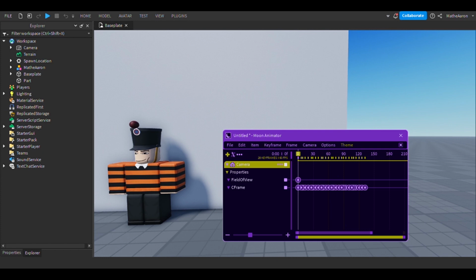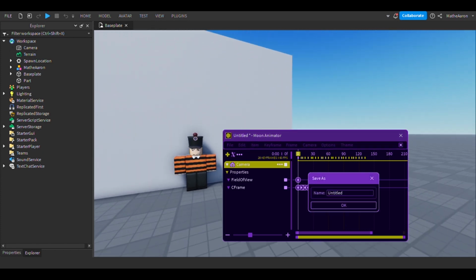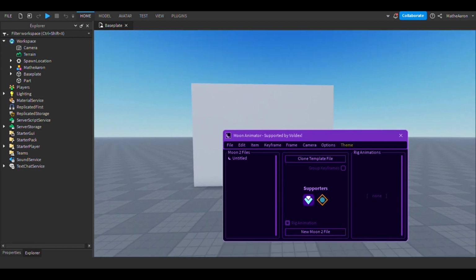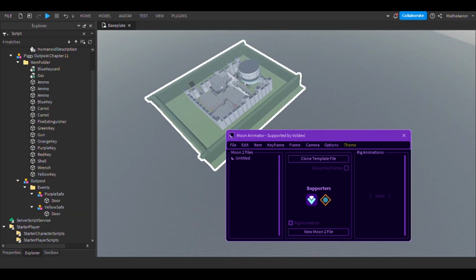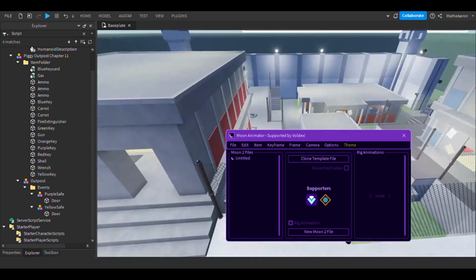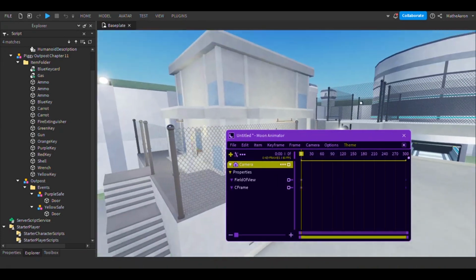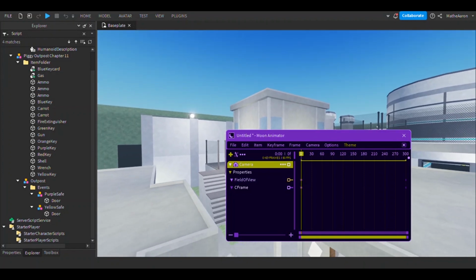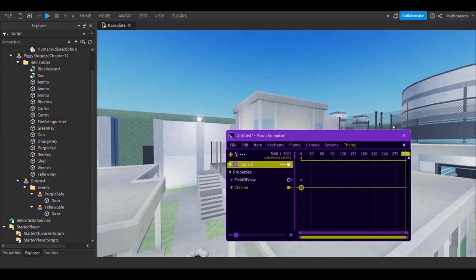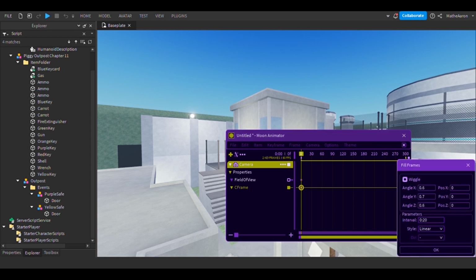But I want it to be noticeable, so I'm gonna have to put in a map first. So I'm just gonna import a random map. Anyway, now we have our map, and I'm gonna do the same process and everything. Gonna make a new Moon 2 file, and then I'm just gonna add the camera, and I'm gonna position my camera, and I'm gonna move to somewhere like 180 or 300, I guess, and like that, and then Shift K, do this. These are the settings,